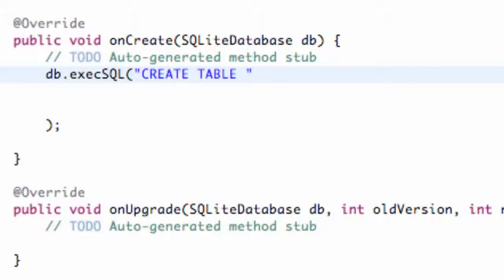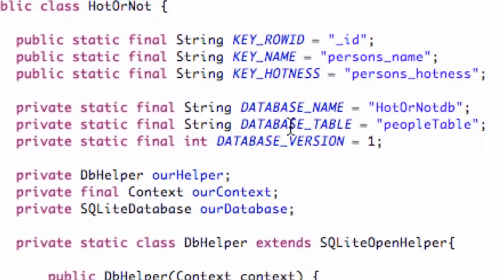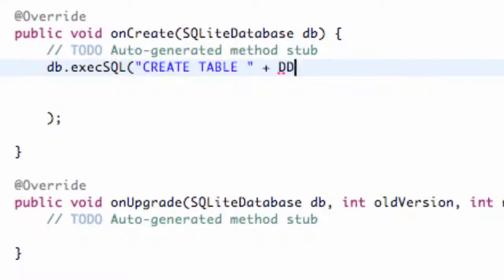You guys have to follow along pretty closely here, make sure everything's accurate so the SQL can be executed. So we have this command called CREATE TABLE, and then we're going to reference our table name. Our table name was called DATABASE_TABLE right here. So we're just going to say DATABASE_TABLE,